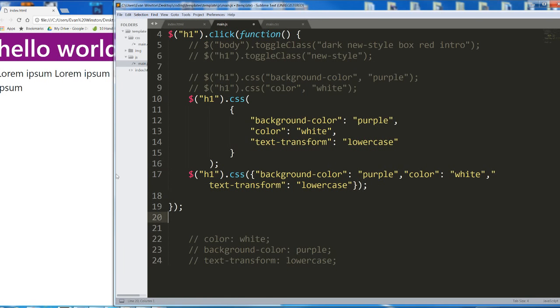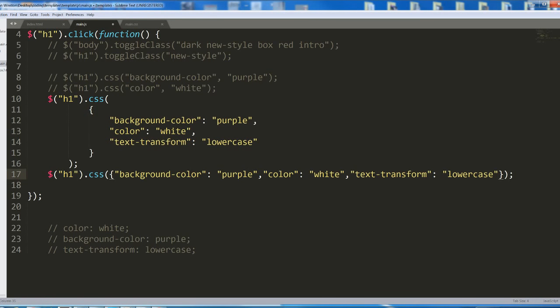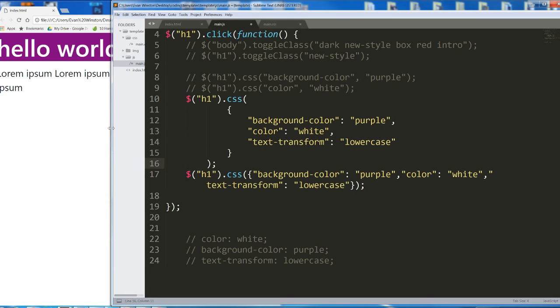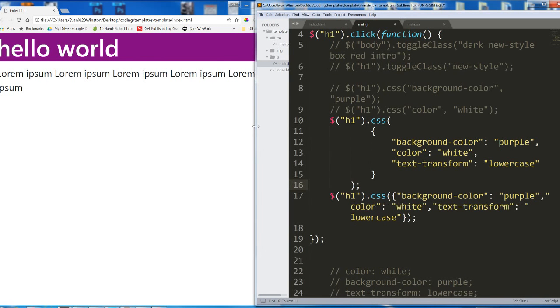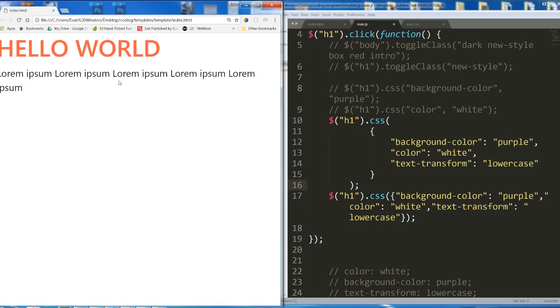Okay, and when it looks like this, it's very easy to lose sight of the fact that the argument in this method is nothing but a regular old object literal. Okay, so that's .css. I would encourage you all to experiment with .css because it's very powerful and it's a very, very easy way to manipulate styles of